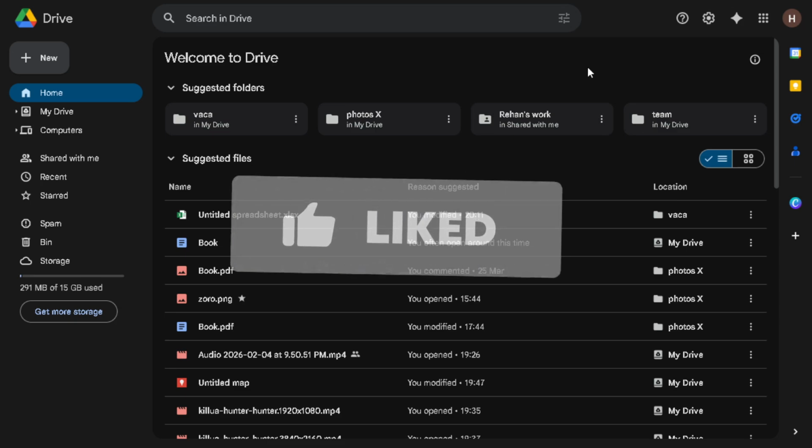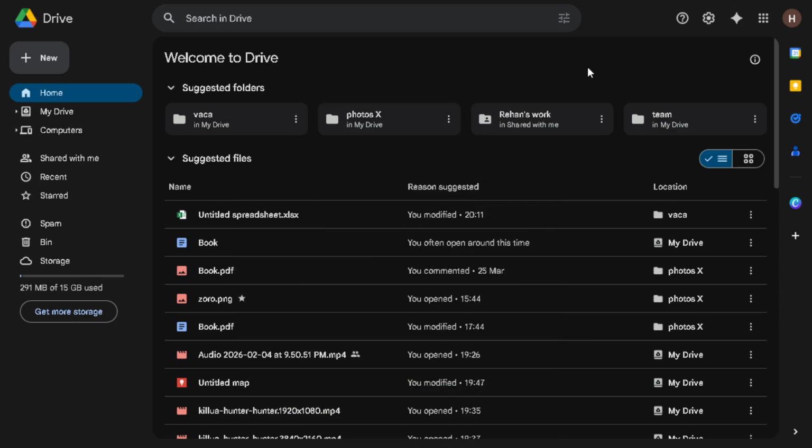Now let's get started. The first step is to open Google Drive. Go ahead and open your web browser, then type in drive.google.com. Make sure you're signed into the correct Google account where your contacts are stored. This is important because if you're logged into a different account, you won't be able to access the contacts you're